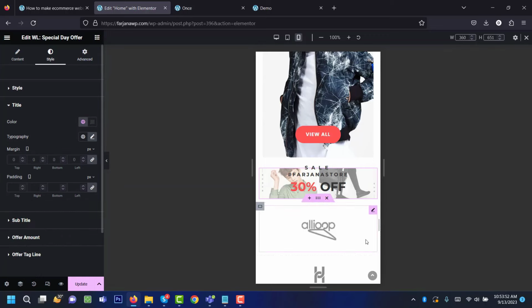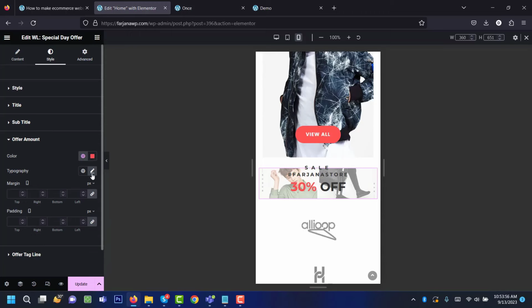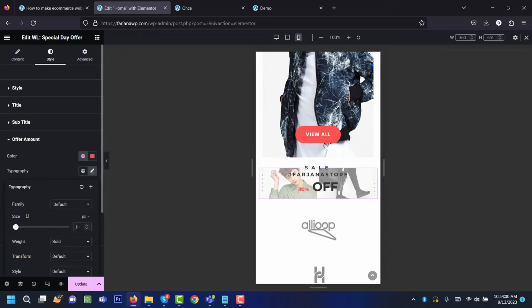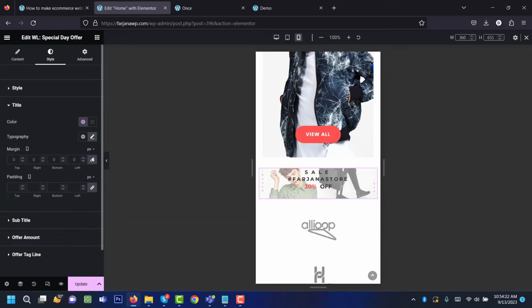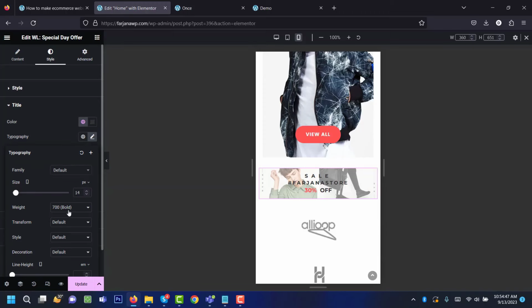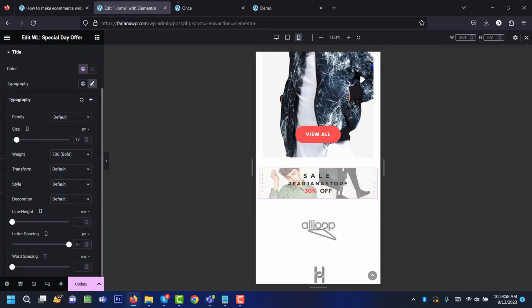and also the offer amount we can decrease it to 14 or 16, and the other one 16. And here we can add some spacing in top, so going to title, and padding top we can add 10. Yeah, 20 is good. Also in title we can make it more bold, no, it's okay, and decrease the